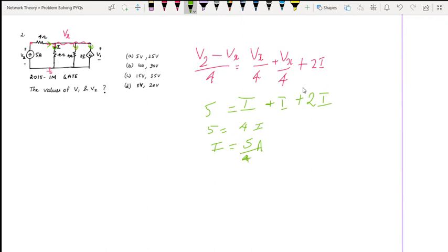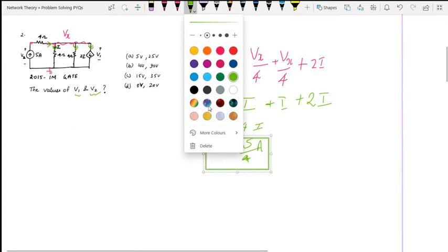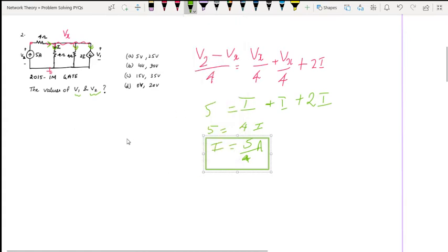So once we got the value of I, what we can say? Our ultimate aim was not to find the current, but to find V1 and V2. But now we have got I. Okay, let's keep this result safe somewhere here. All right. So now we're supposed to find V1. Okay, let's go one by one.